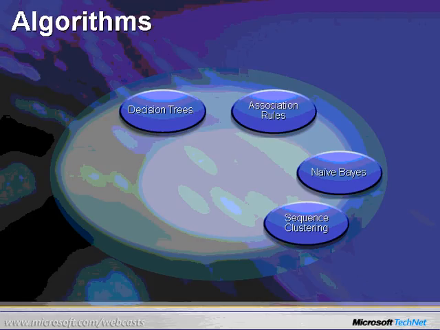The sequence clustering algorithm is used to group or cluster data based upon the sequence of previous events. For example, use of a web application can often follow a variety of paths through the site. This algorithm can group customers based upon their sequence of pages through the site to help analyze users and determine if some paths are more profitable than others. This algorithm can be used, for example, to predict the next page a user may visit. Note that the predictability capability of the sequence clustering algorithm is something that many other data modeling vendors cannot deliver.